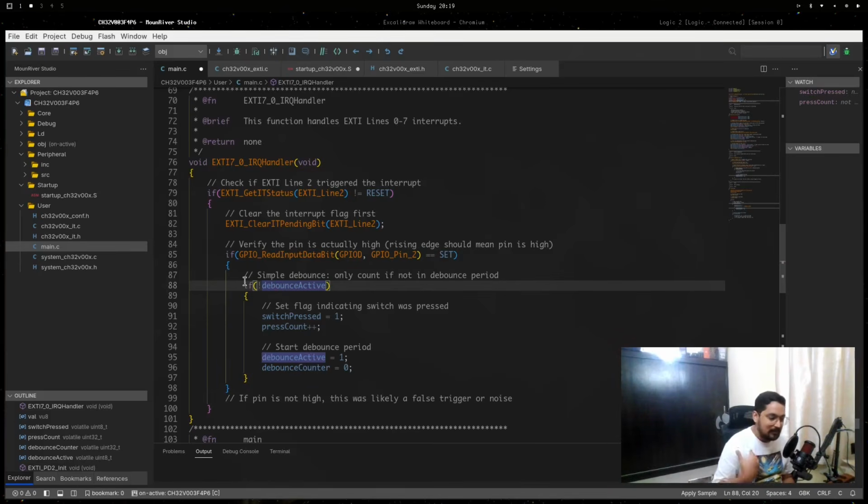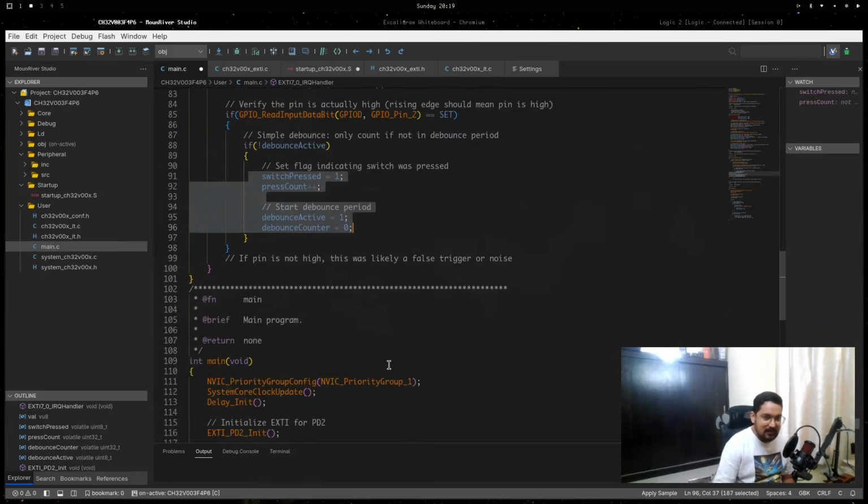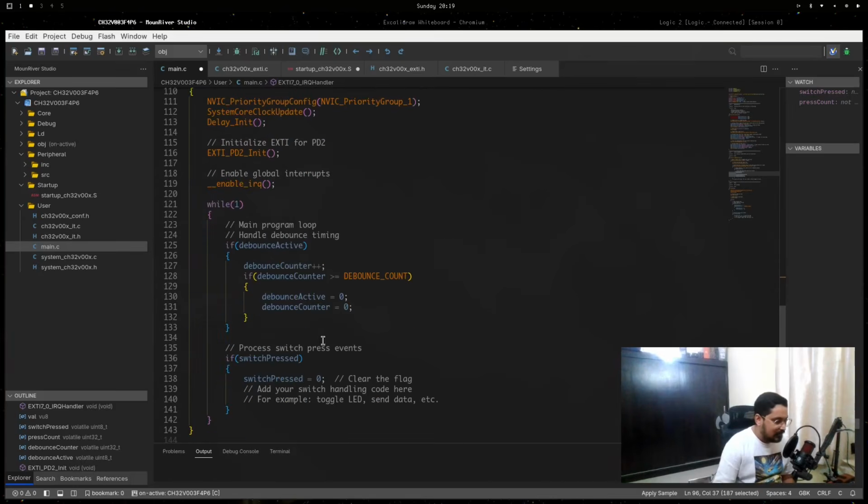Whenever the global variable, that is debounce active, is enabled only, I want to perform the interrupt processing. This is the interrupt processing. I'm just incrementing a variable. That's it. All right. In the main,